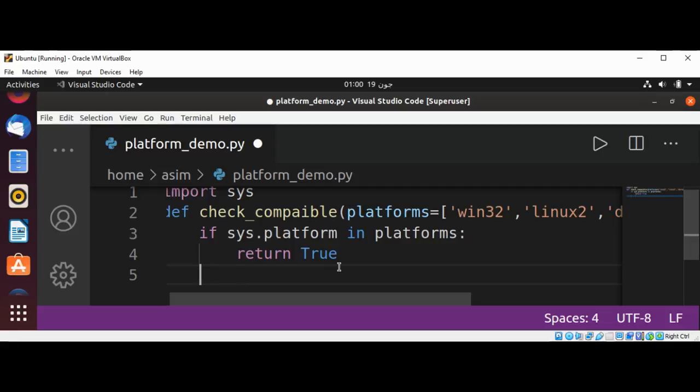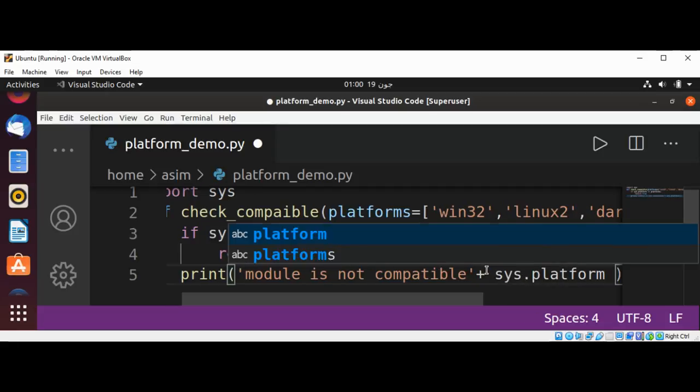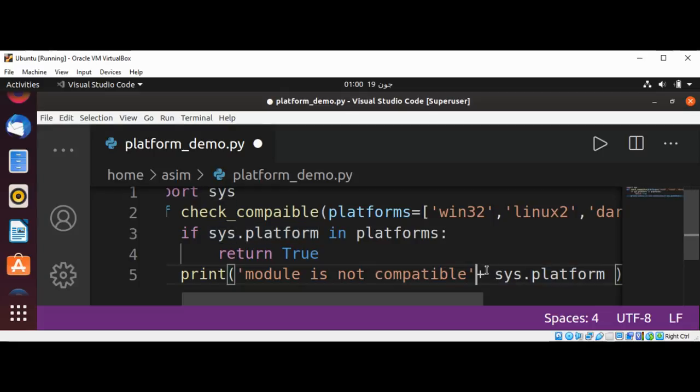Else we are just going to print module is not compatible. Need a single quote over here. And just concatenate our sys.platform with